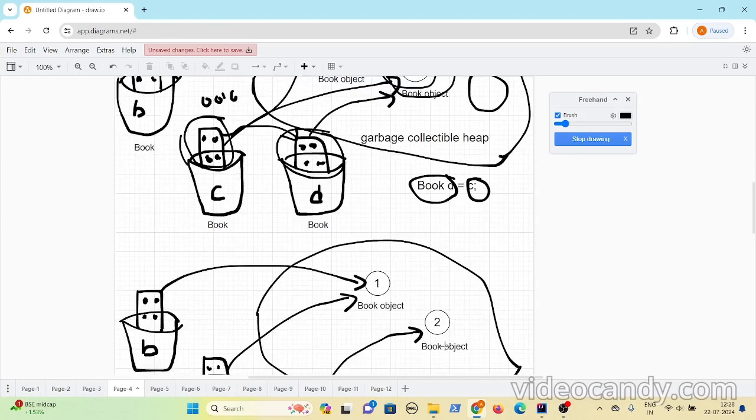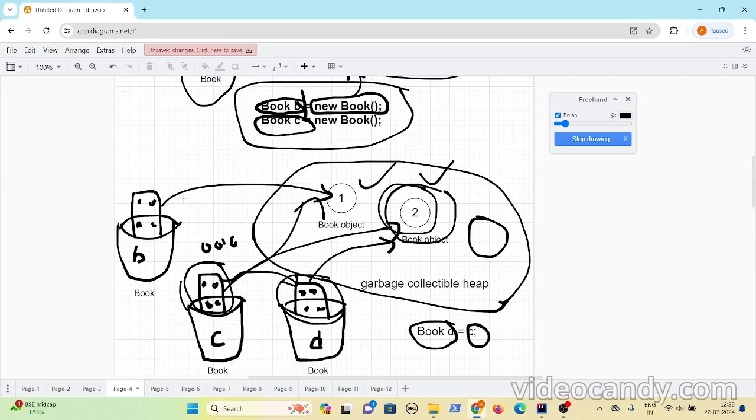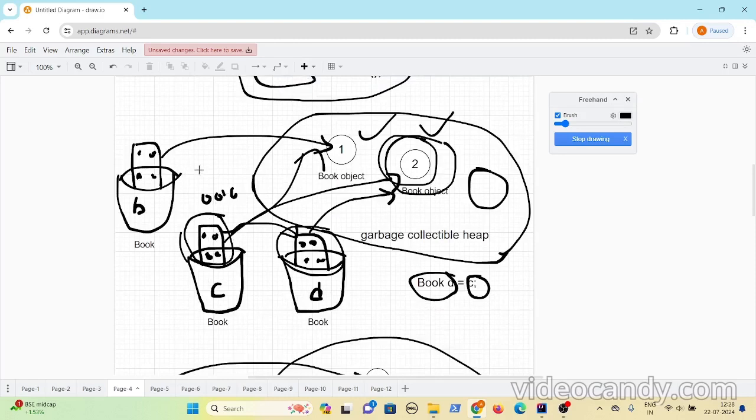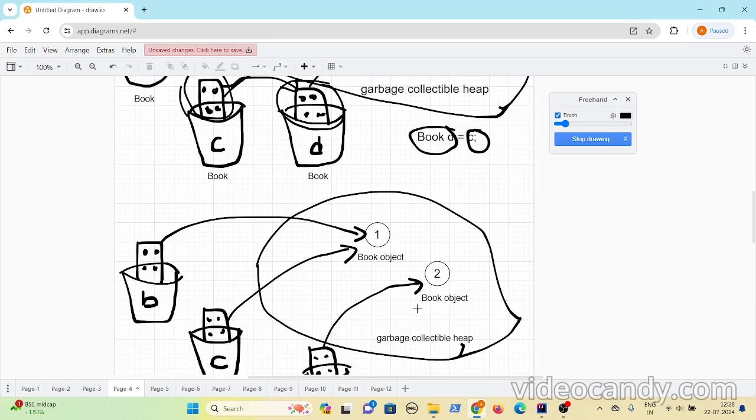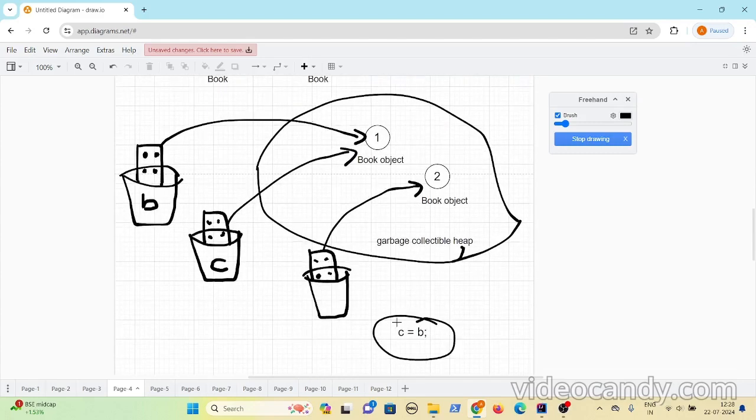And you can assign the new references, because B also holds a reference of type Book, and C also holds a reference of type Book. You are not assigning a reference of another type like Song or Cat or Dog. You are assigning a reference of only Book. That's why C can still copy the reference of B, and C can access the first book object. Now it will not access the second book object. So that's the result of this diagram.